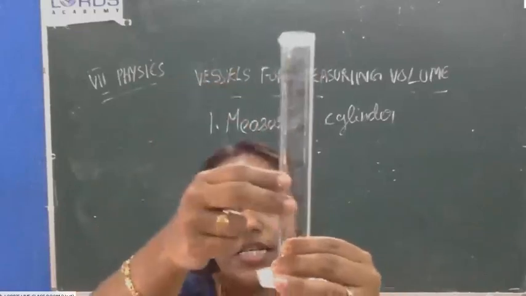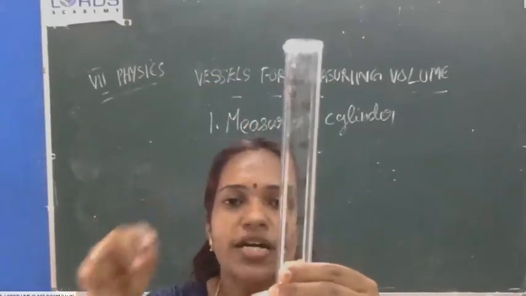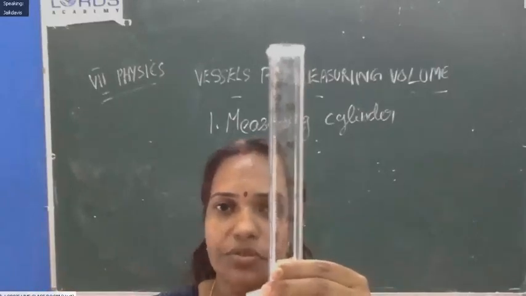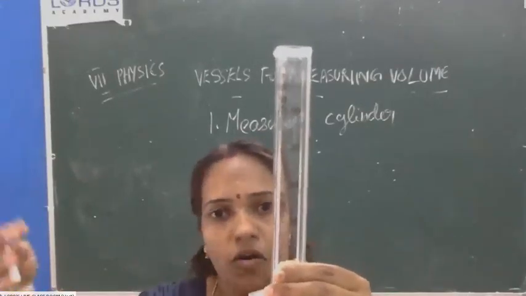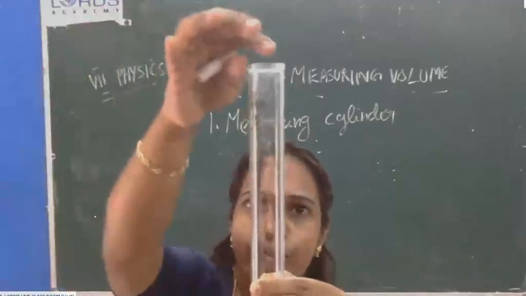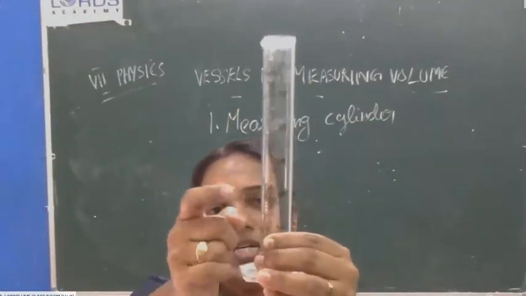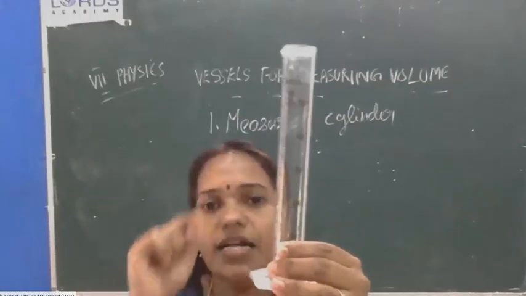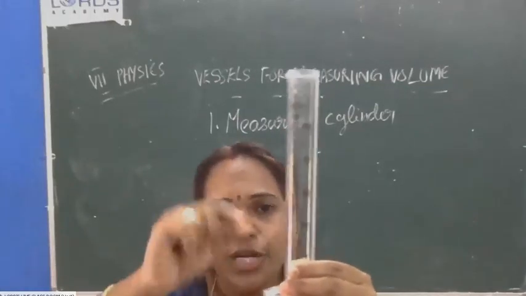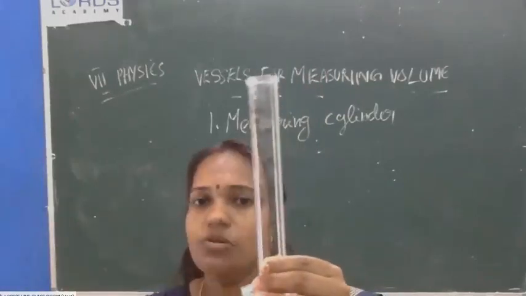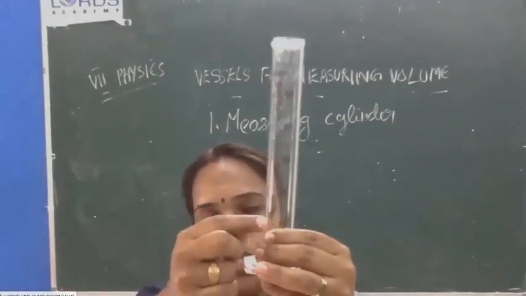So if you have to measure 20 ml of water or any other liquid, what do you have to do? Take the milk or water in a container and pour till 20. Wherever the reading 20 is, pour till there. If you need only 10 ml out of it, you can pour out 10 ml, then pour that.